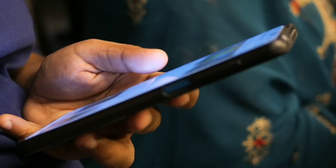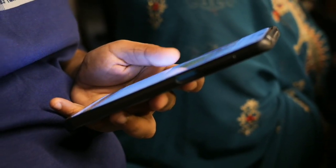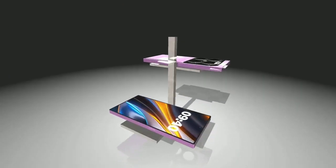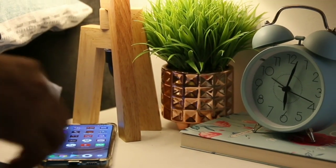Nokia is making a big comeback with the Lumia 300 5G, and it's packing some serious features that could shake up the mid-range smartphone market. But is it really the phone we've all been waiting for? Let's find out. Nokia's legacy of durability and reliability is well known, and with the Lumia 300 5G, they're aiming